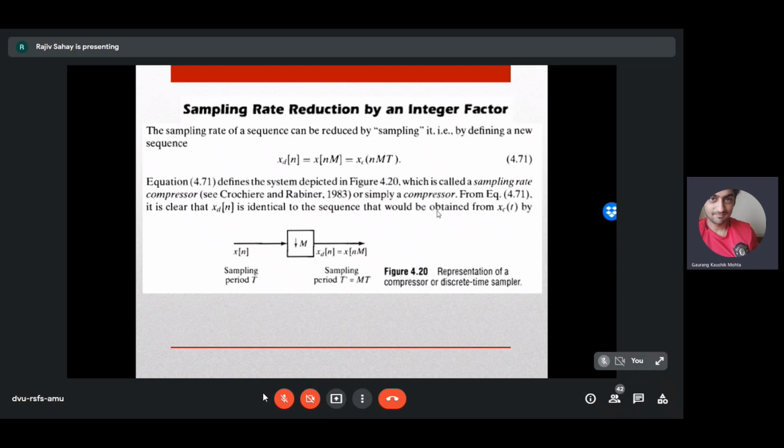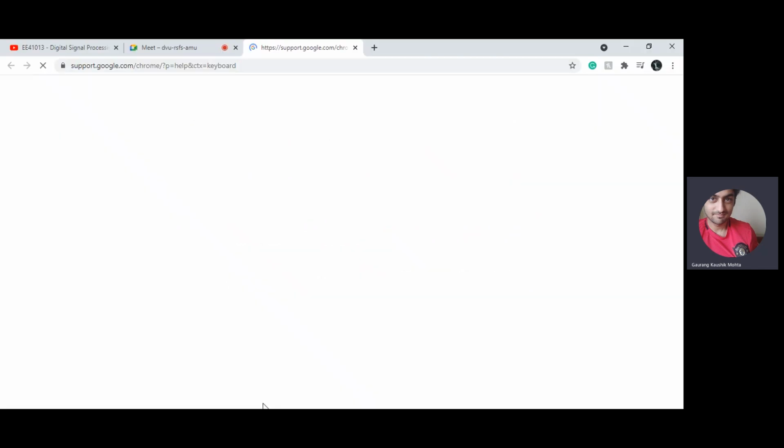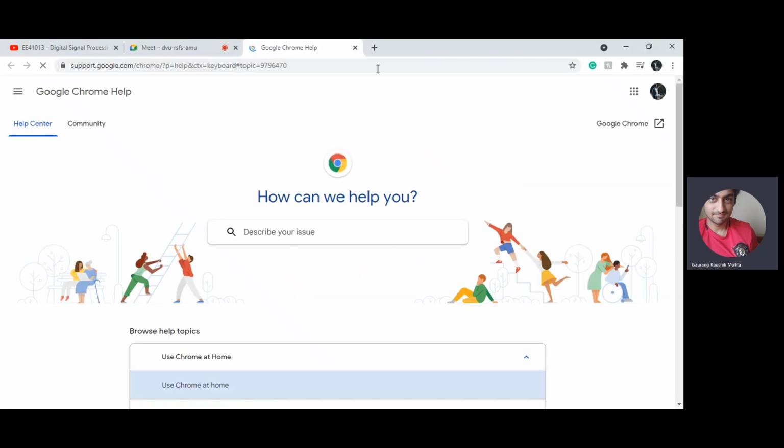So ideally, I would have liked to cover a little bit more in sampling. I would have liked to cover the A to D converter and D to A converter, the practical aspects of it, but I'm not getting the time. So let me complete the sampling chapter. And there was one more important concept, that is sampling of bandpass signals. That also I'm missing. Maybe next time when I teach DSP, I would like to go for those topics also.